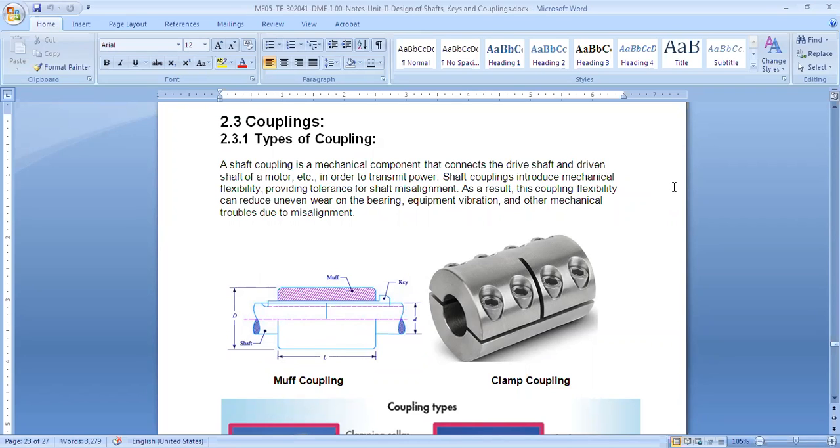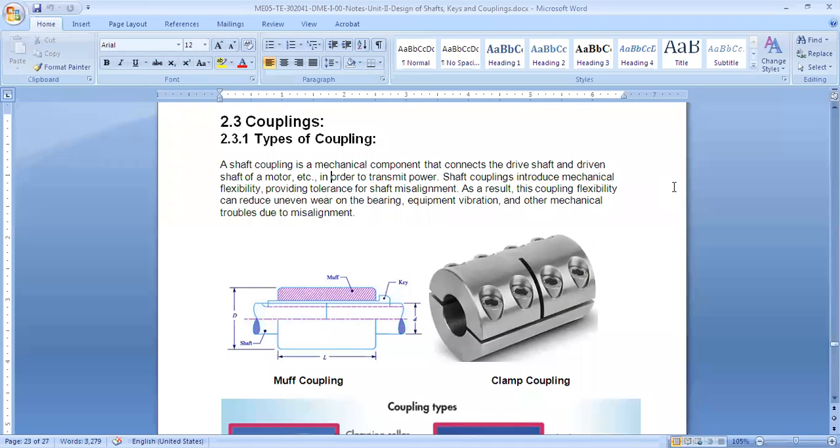So actually, this is called a permanent joint. Not this; if we weld it, it's a permanent joint. But since we would like to do maintenance, like if something goes wrong with the shaft, we'd like to work on that, we will make sure that we can remove these couplings, work on the shafts, and again put the couplings back, right? So these are the components which are used to connect shafts. One shaft will be the driving shaft, and one will be the driven shaft, and it will be transmitting power. So one shaft will be transmitting power to the other shaft.